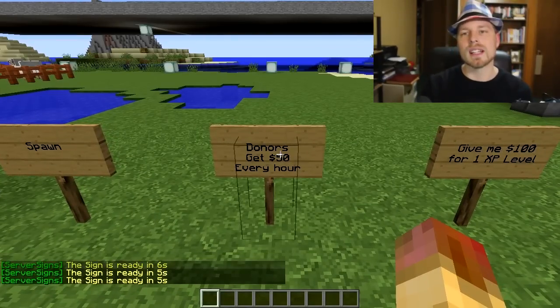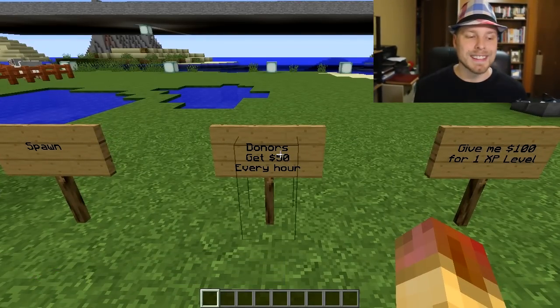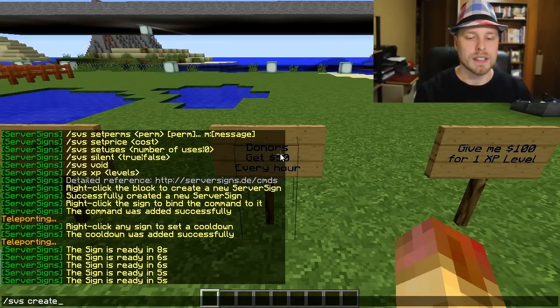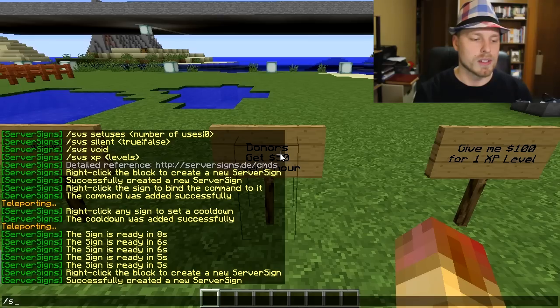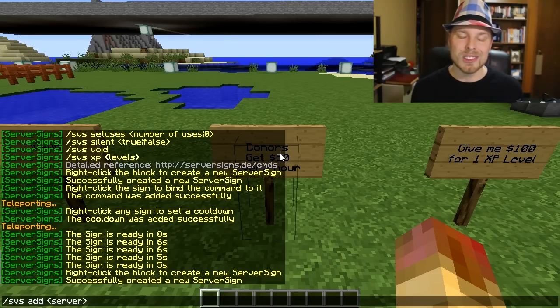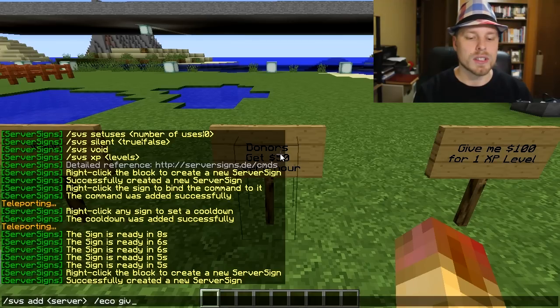So maybe you want to set it up so certain people can get those. This is where that permission node is going to come into effect, and there's actually going to be a cooldown. So we're going to do SVS create. Once again, we're going to create that one. Like I said, it might not be necessary, so we're going to do SVS server. So this means it's going to run as the console rather than the player. Like I said, this is that type thing, or the parameters, and then we're going to do echo give and